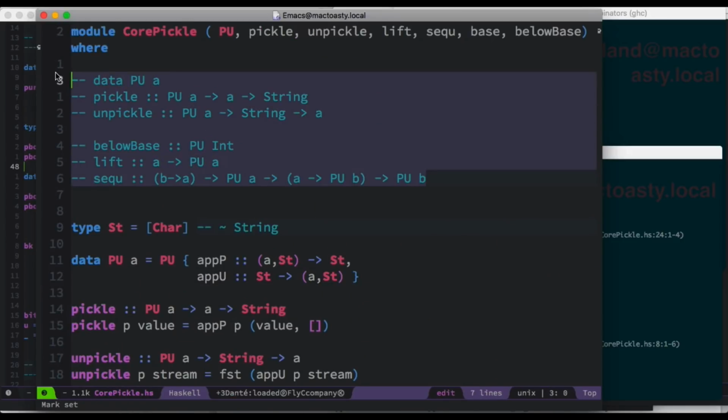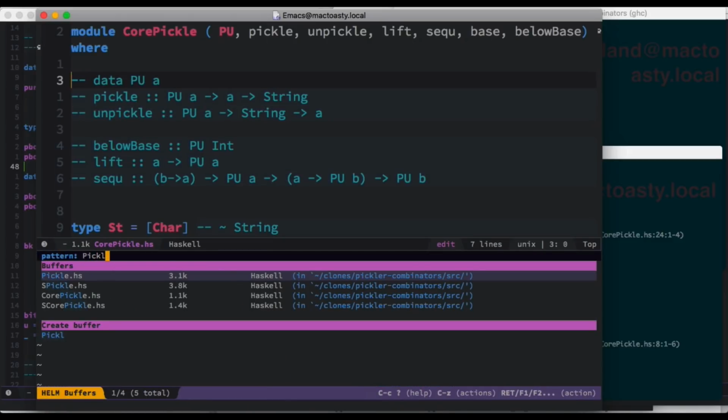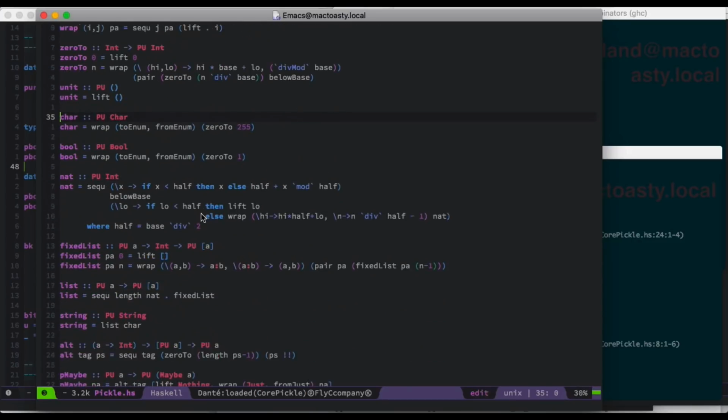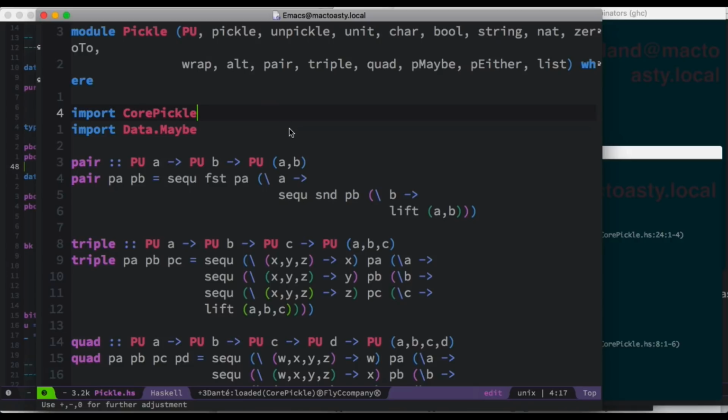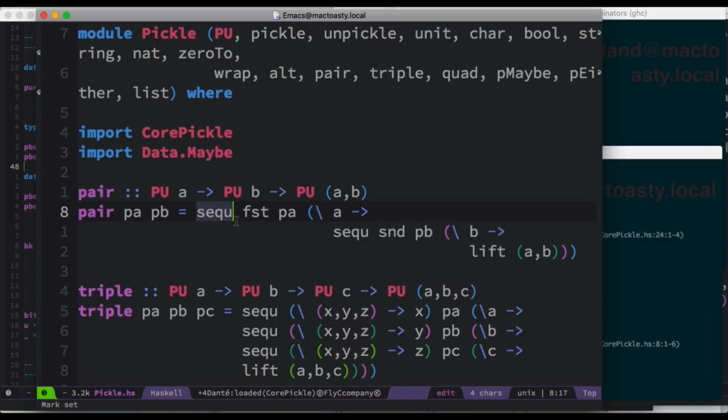Now, this defines the interface here, and how do we use this interface? How do we use this core pickle? You see that we have many functions here that all use this core pickle. Now, the first sugar combinator that we can define is pair. So it takes two picklers, PA, PB, for the type A and for the type B, and it builds a pickler for the tuple AB. Now, how could we store a type tuple AB? Well, if we use sec, you remember that the first component extracts some information. So we use first. First, we'll extract an A from the tuple AB. We will store that A with PA, and given the value of A, we will select a new